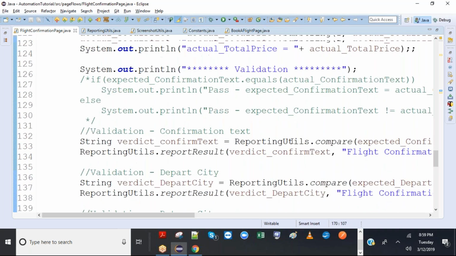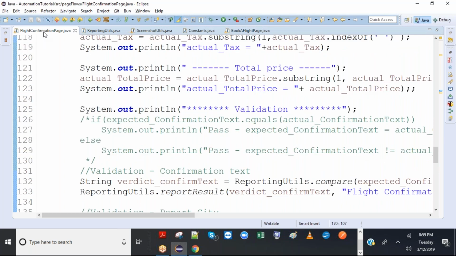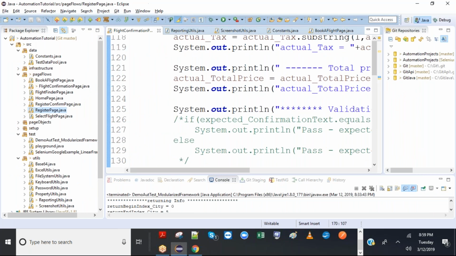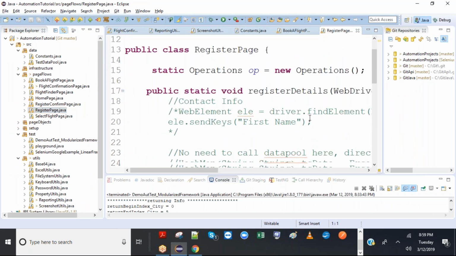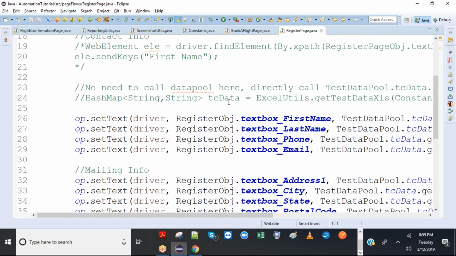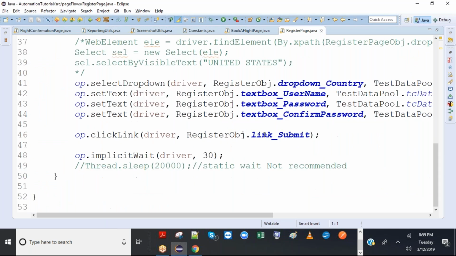So before this, I just want to put other screenshots as well. So let's come from register page before run, because it would take a long time. And here in the registration page, where do you want to take the screenshot? Like I told you, before hitting the last link or button, before clicking. So just taking the screenshot will suffice. So let's put screenshot here.